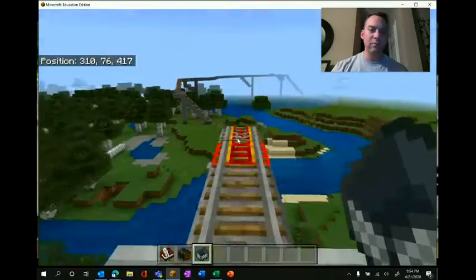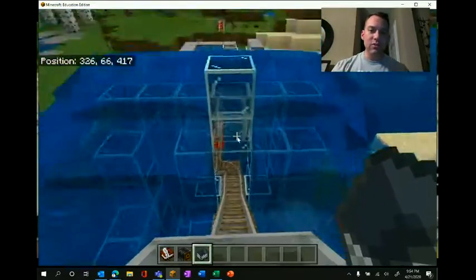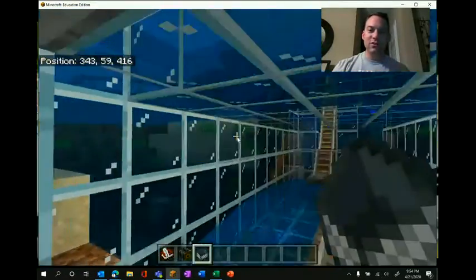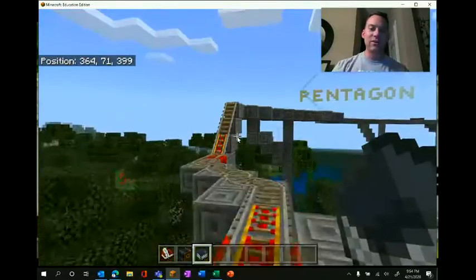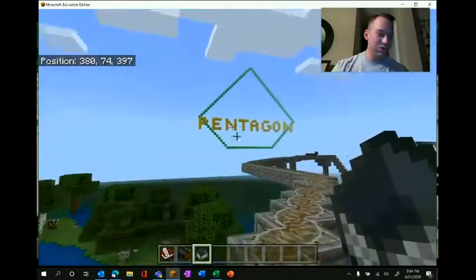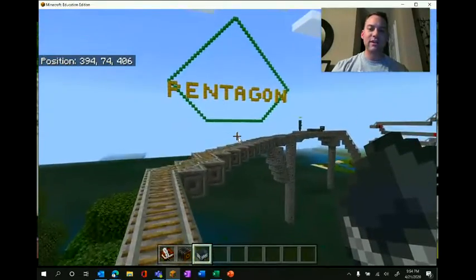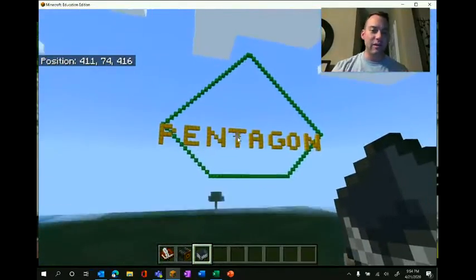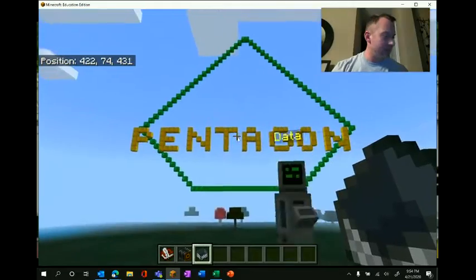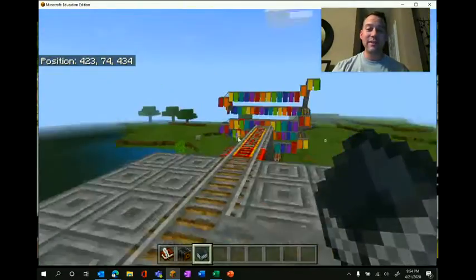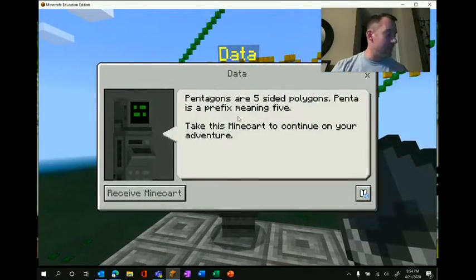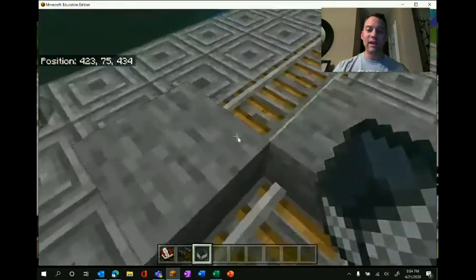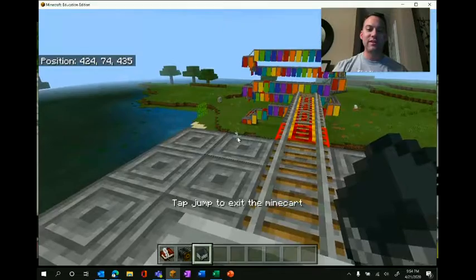We're going to go up, and we're going down into the river. Nope, it's an underground water tunnel. And we keep on going through our cart path, our track gondola adventure, and a pentagon. A pentagon has how many sides, Adam? 5. Yes, a pentagon does have 5 sides. And we talked to Data. Penta means that it has 5 sides. We're going to carry on our adventure into the